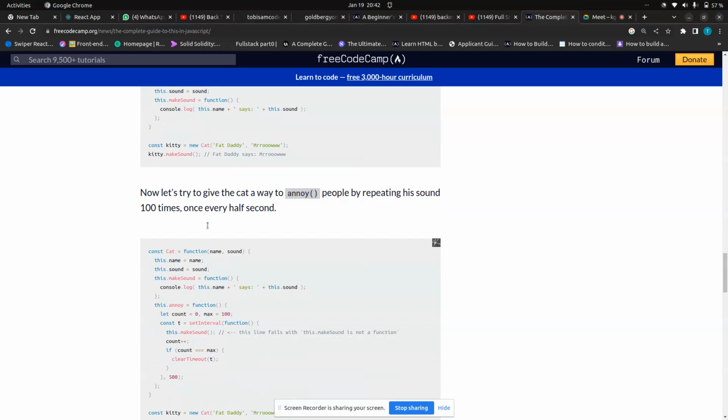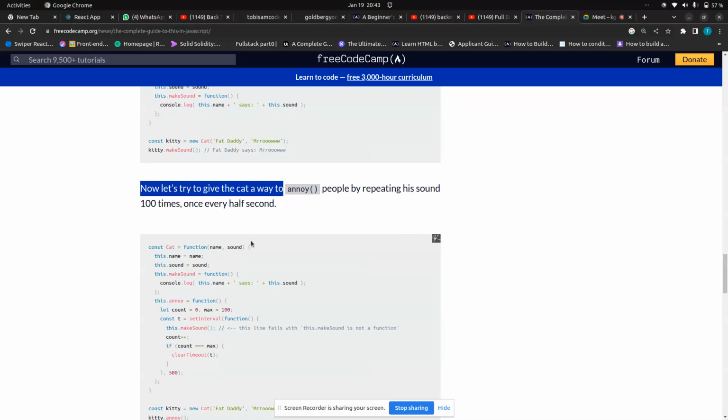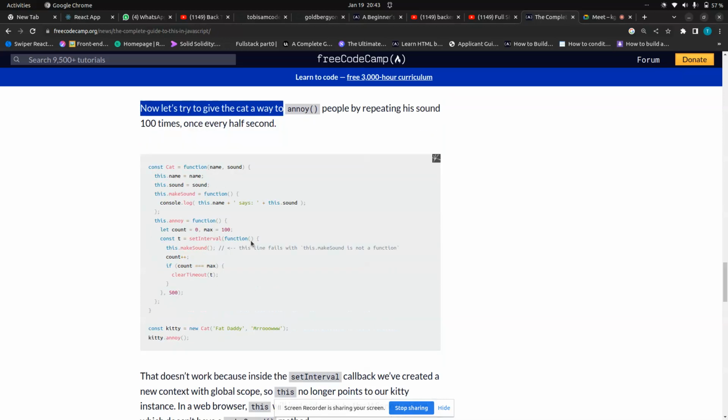But now let's look at something different. Let's try to give the cat a way to annoy people, an annoy function, by repeating its sound 100 times, once every half second. If you notice what's going on now,